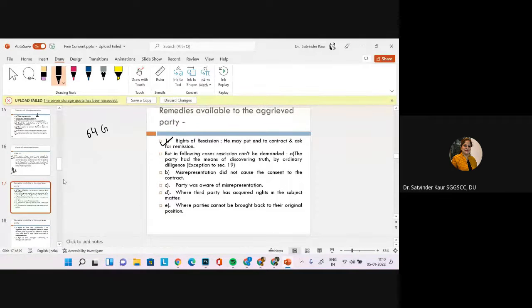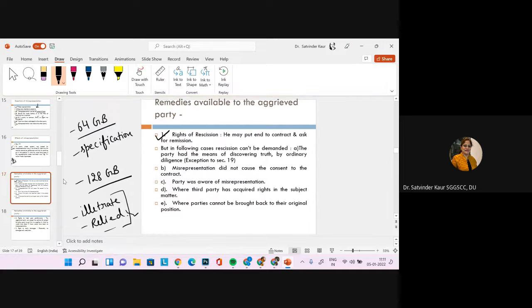And it is mentioned there, given in the specification clearly. Then in that case, you cannot set it aside on the basis that you had demanded 128 GB space. But suppose there is a person who is illiterate, cannot read and write, and he has totally relied on the seller's judgment and skill, and the seller is dealing in the particular product. So in that case, it was the duty of the person selling the product to ensure that it has this particular capacity.